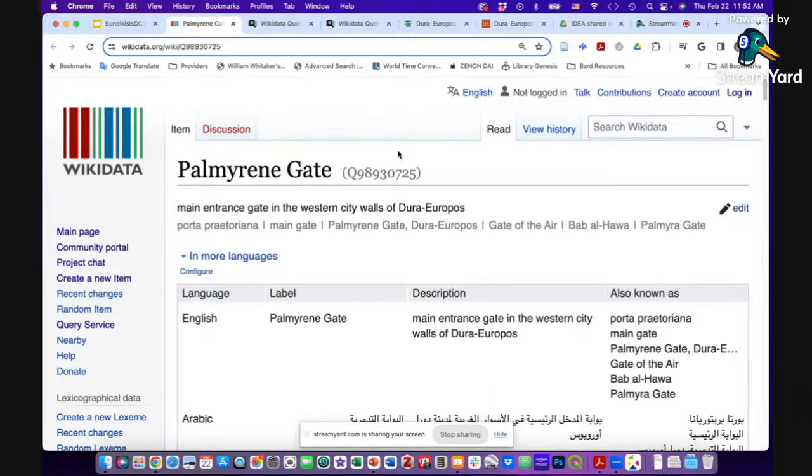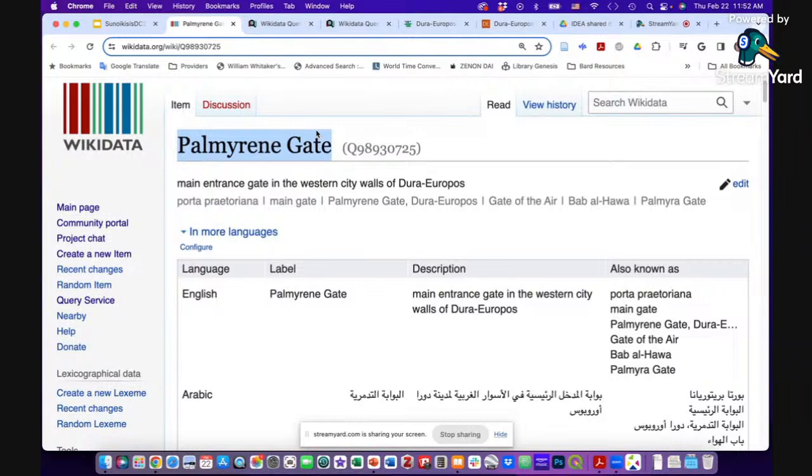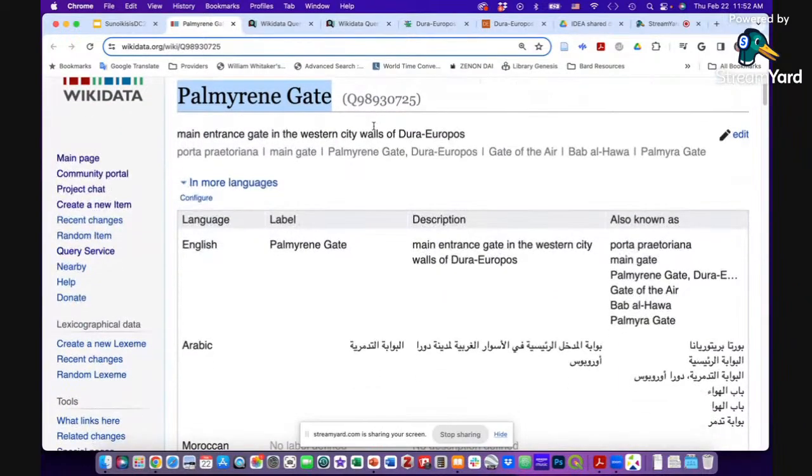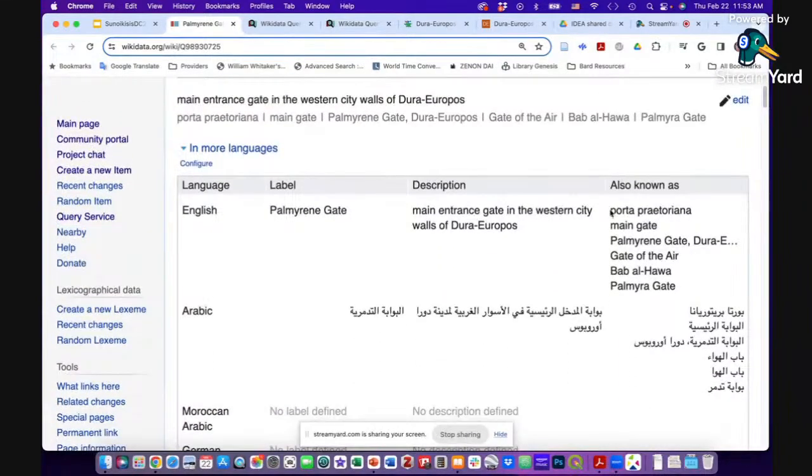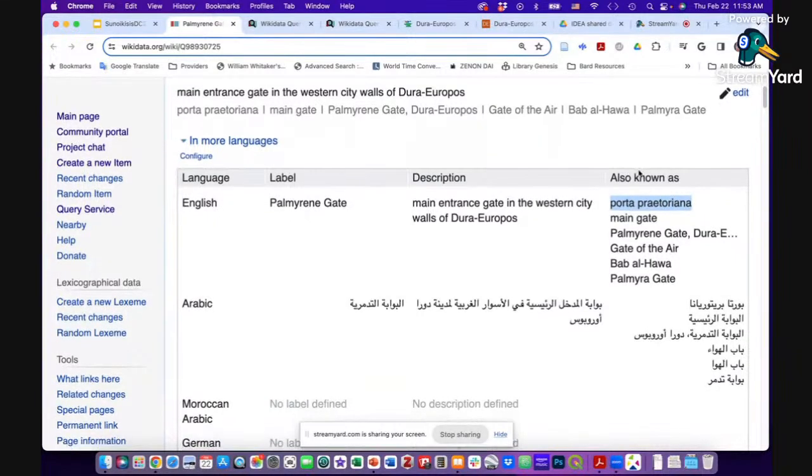But just to tour you through a Wikidata record that can be used as a kind of gazetteer record. Notice that there's the Q number here. That is that language agnostic code that I was talking about. We have a privileged label here. The way that this particular place at Dura Europos is typically referred to in the majority of the scholarship is as the Palmyrene Gate. But there are alternate names that are also used in sometimes older scholarship or scholarship from